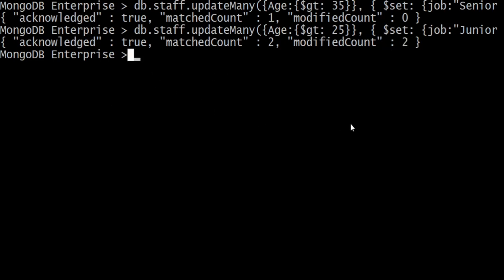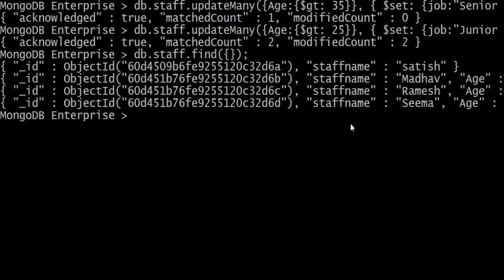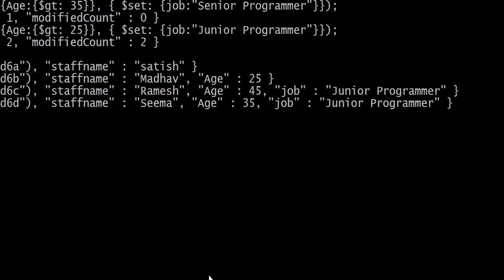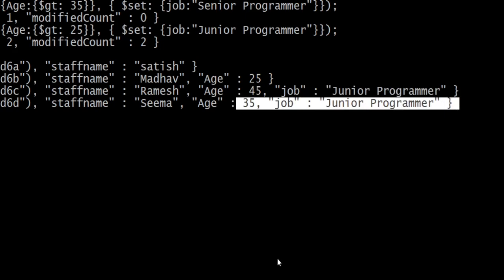So here is the command db.staff.find with open and close curly brackets and semicolon. Okay, so here we got the updated records. Two records are updated to junior programmer, because we set the age limit 25, and here two update operations are performed.